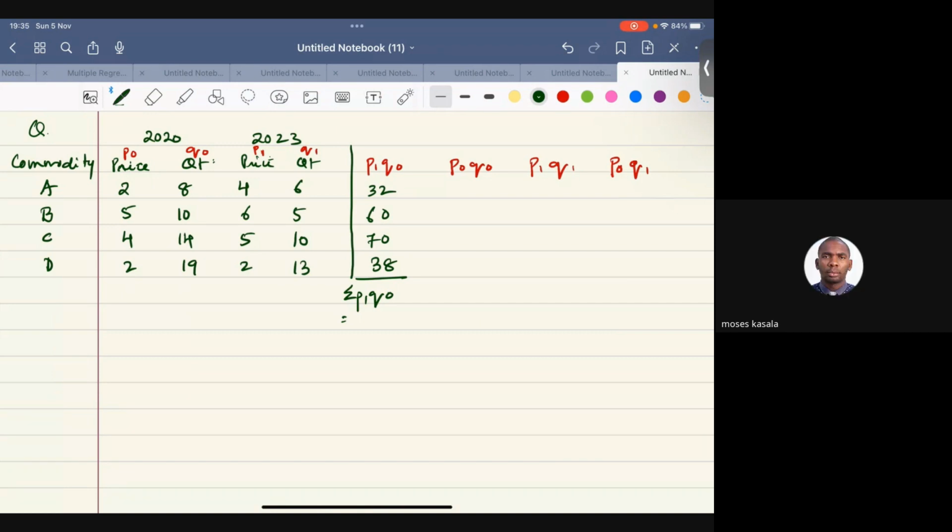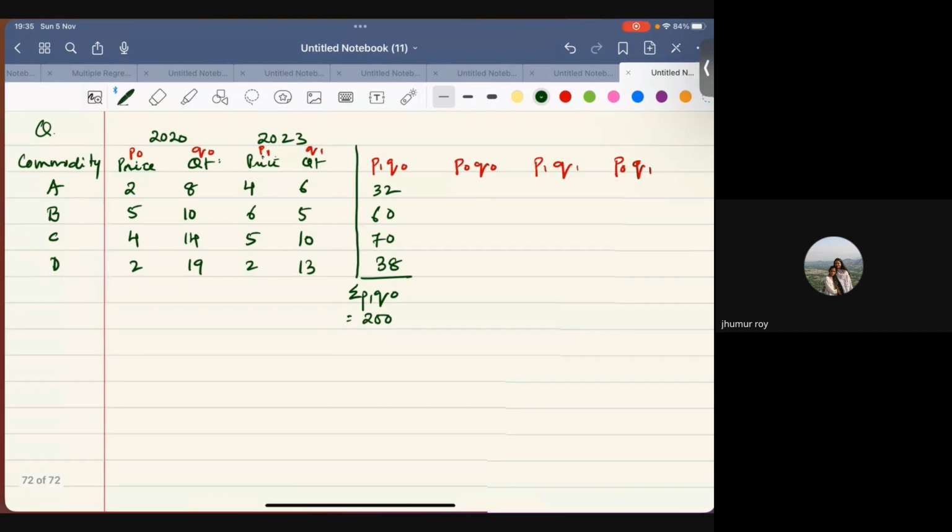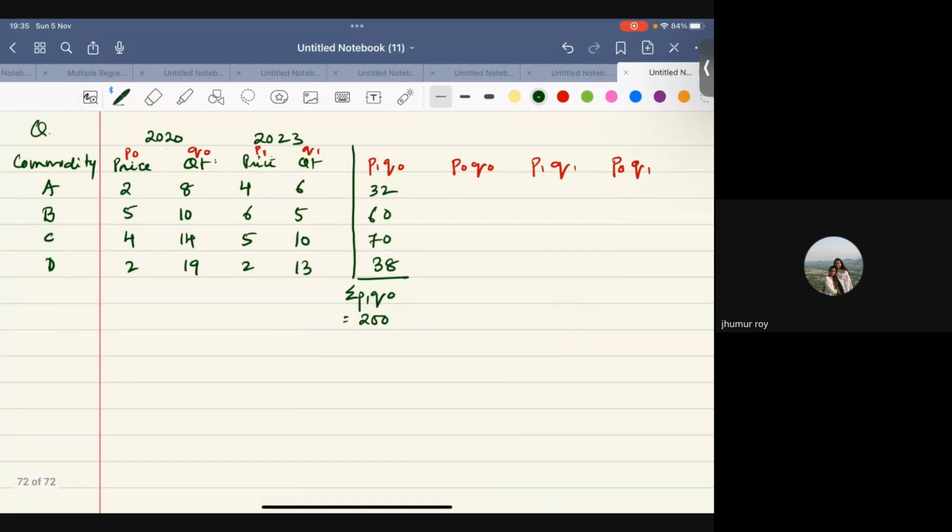Mark, can you come again where you are finding 32, 60, 70, and 38? I'm not clear there. 200. Yes. What are you not clear about? See, the older year is taken as the base year. So the base year is always written as